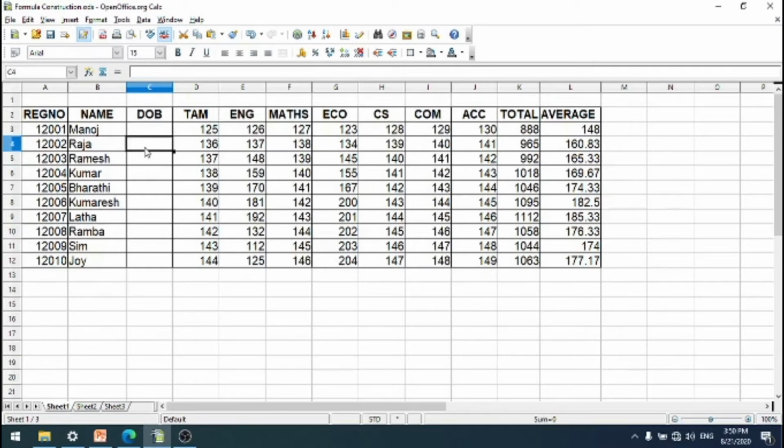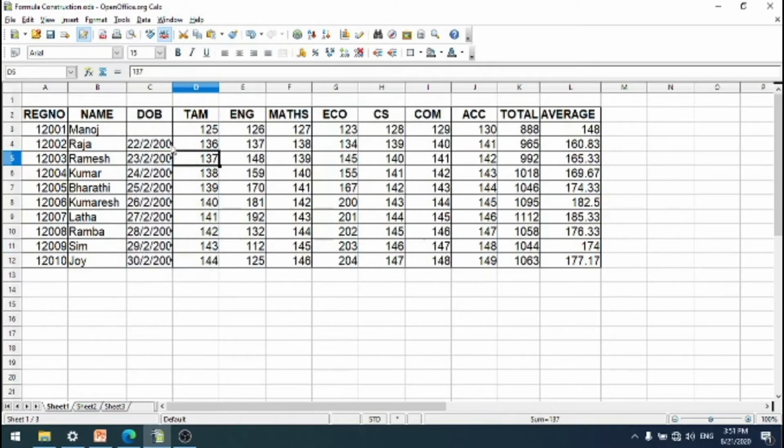You fill all students date of birth to 2002. Okay, I have filled students date of birth here.